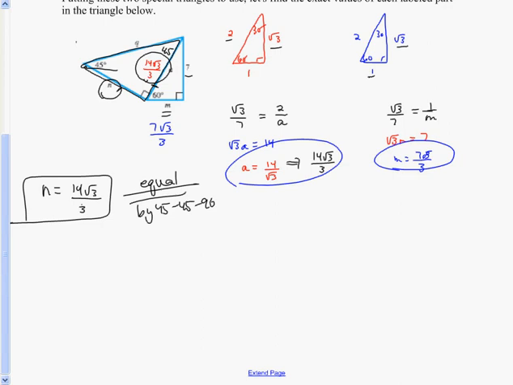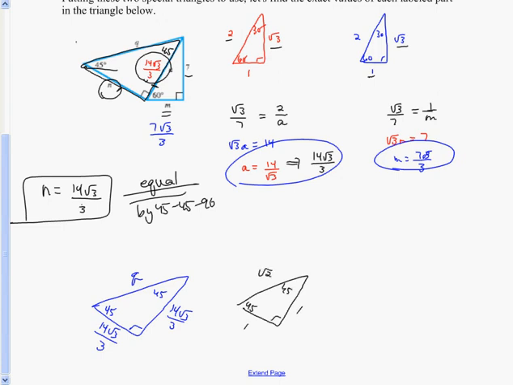Alright, now I want to find Q. So I'm going to redraw both of these triangles. This is currently what I have, not drawn to scale. Sorry. I'm looking for Q, and I know that this is 14 square root of 3 over 3, and this is 14 square root of 3 over 3. I'm going to draw that triangle that I know something about. This is a regular 45, 45, 90 with sides 1, 1, and square root of 2. So comparing them,